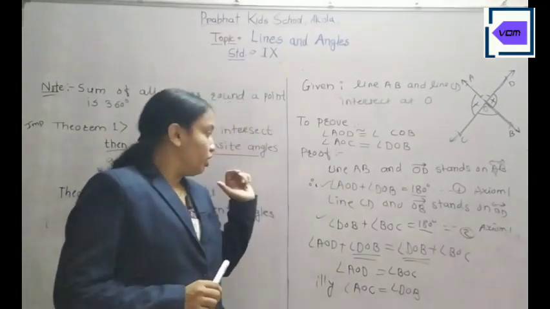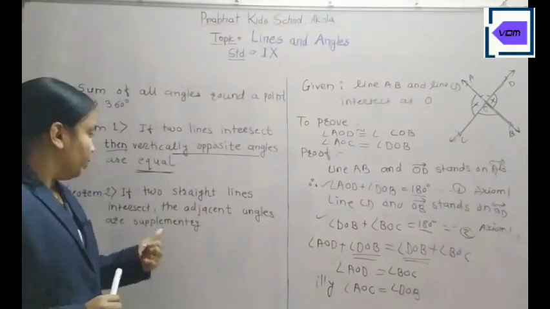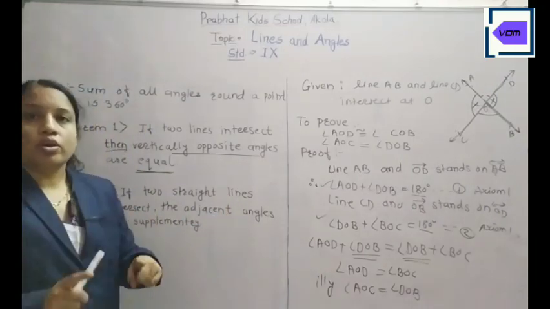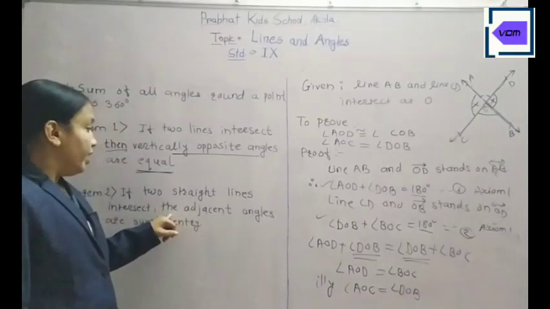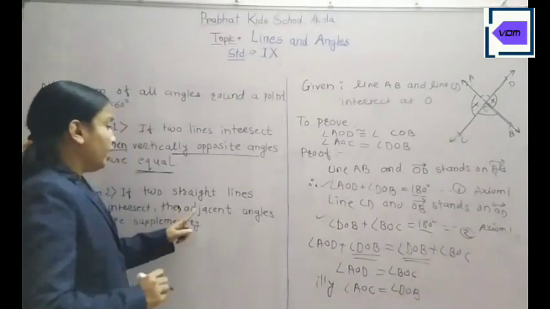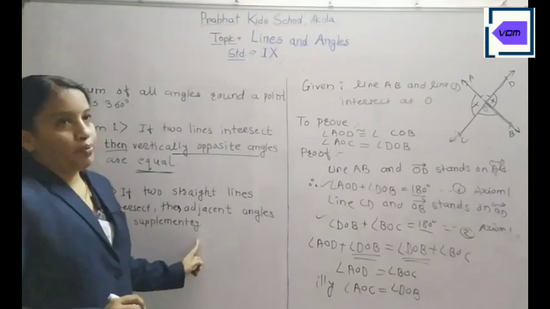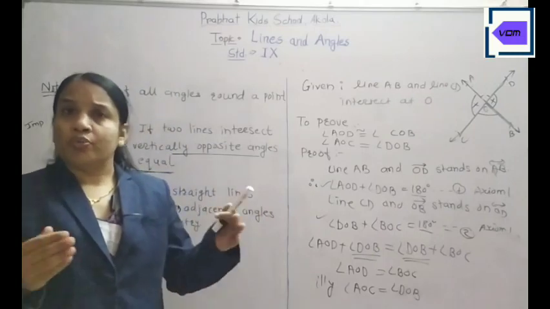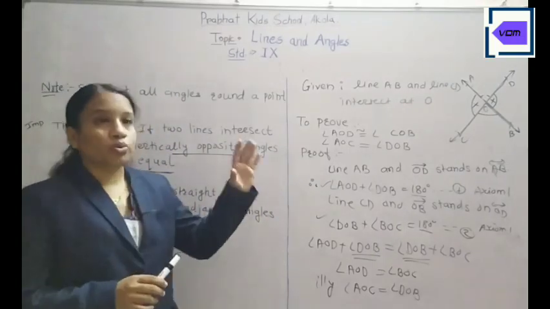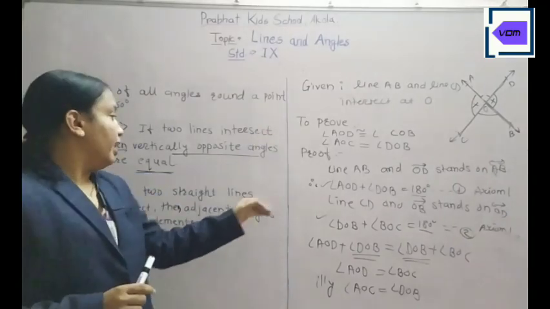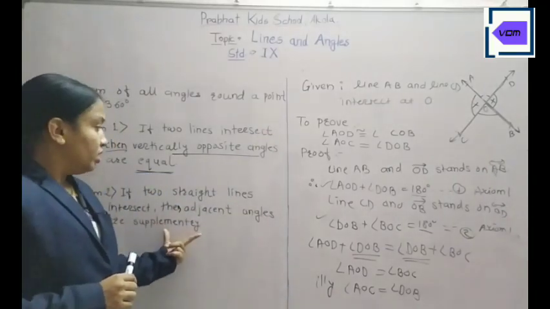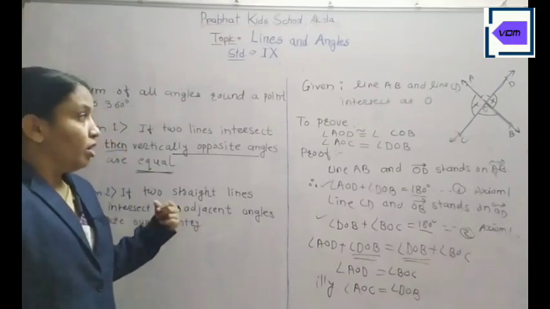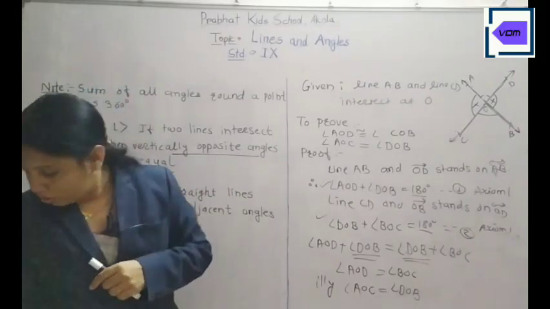Before that I am going to discuss one theorem with you, just the statement that you have to prove. If two straight lines intersect, then the adjacent angles are supplementary. Now what is meant by supplementary? Supplementary means the sum of two angles is equal to 180 degrees. Okay, just using axioms 1 and 2, you can write the proof of this theorem. This is given as an example in our NCERT also, or this statement can be asked. Now I am giving just a hint on how to prove that.